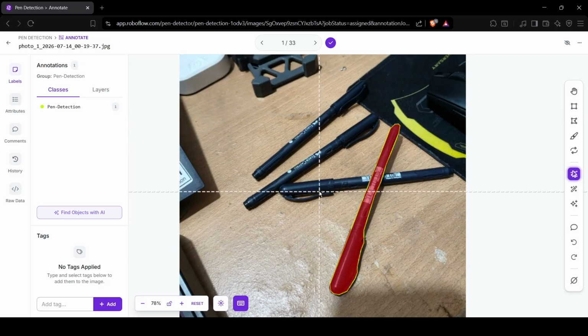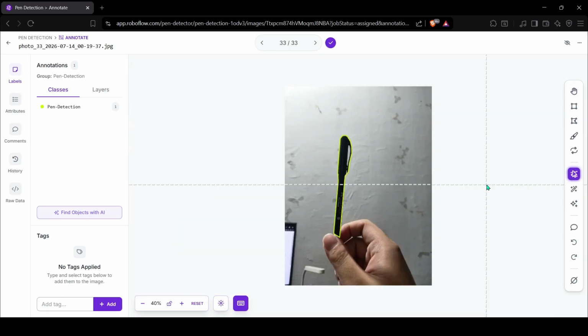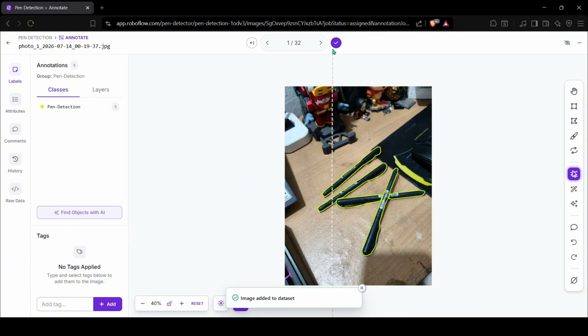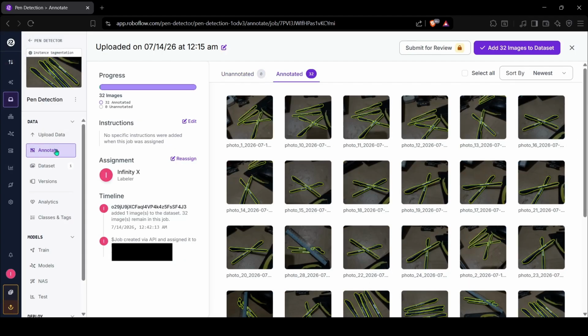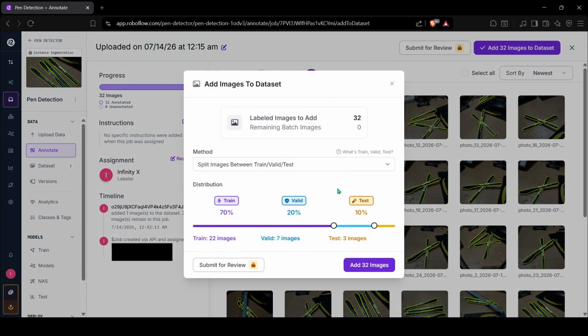Repeat the process until we annotate all of the images. Once you annotate all of the images, we could either just click the tick button, but that only works as we only add the current images to the dataset. But we want to add all of the images, right? To do so, we just need to click the back button, then click the add images to the dataset on the top right. Now it will be asking you to distribute the images into three categories, which is train, valid,